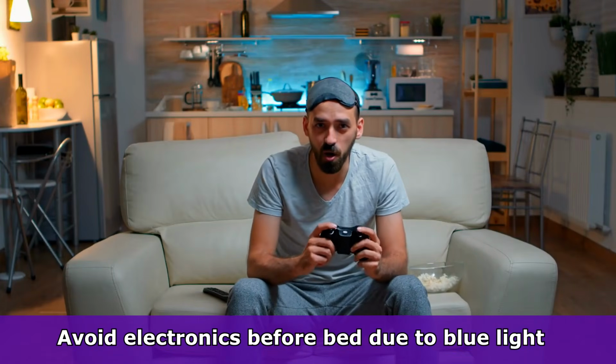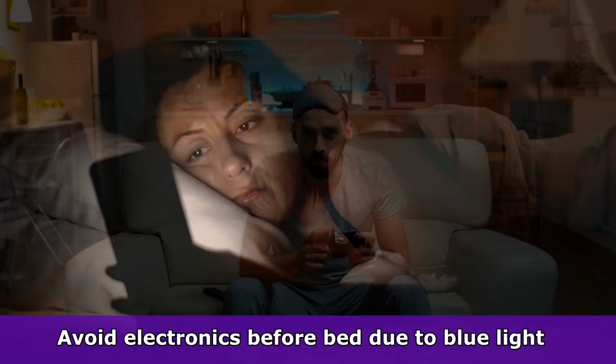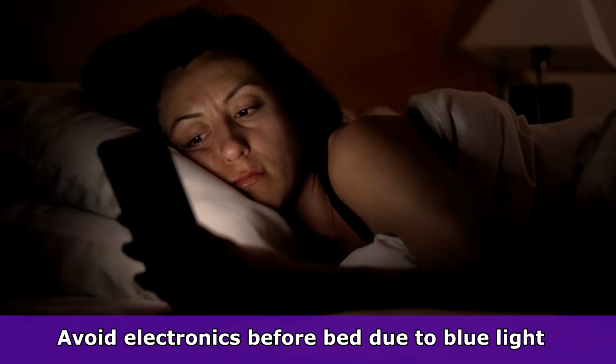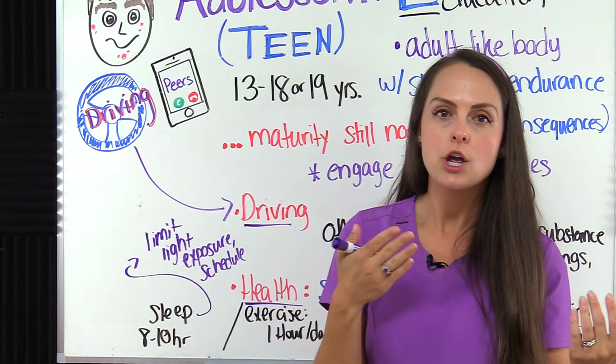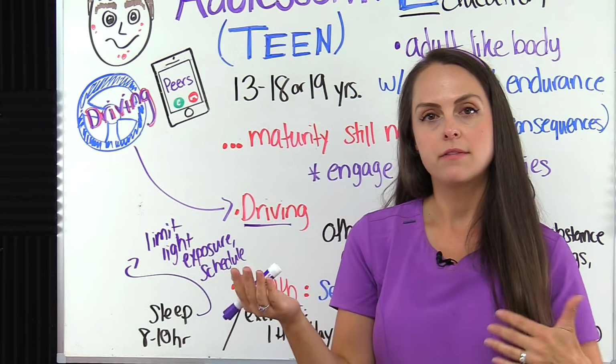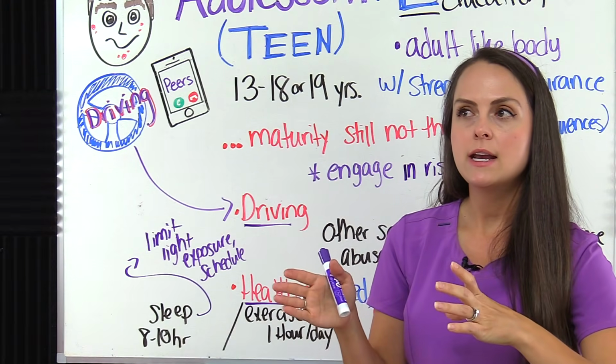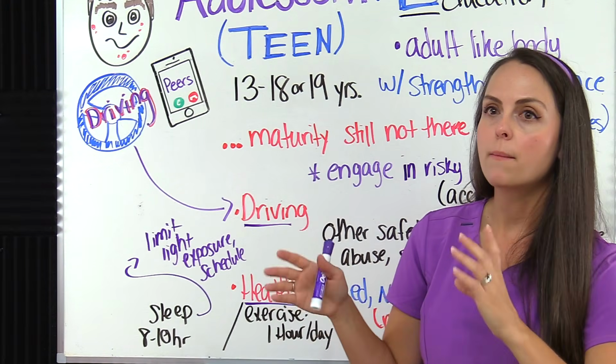Also, the teens like to use devices, they're on their cell phone a lot or computer or any device that puts out that blue light. That blue light can affect your ability to sleep throughout the night. It messes with your sleep cycle. So you want to make sure that you're limiting your device usage before bedtime.